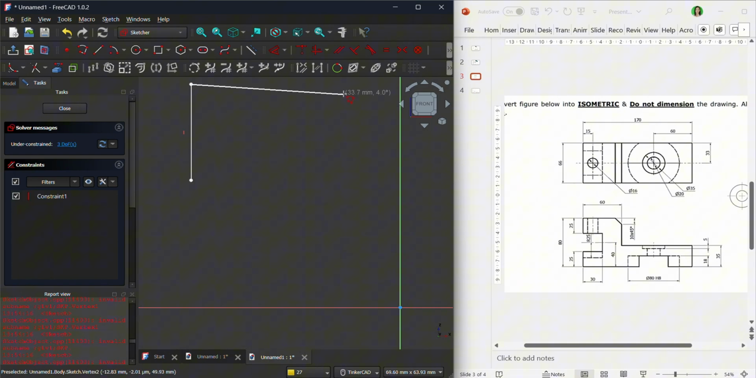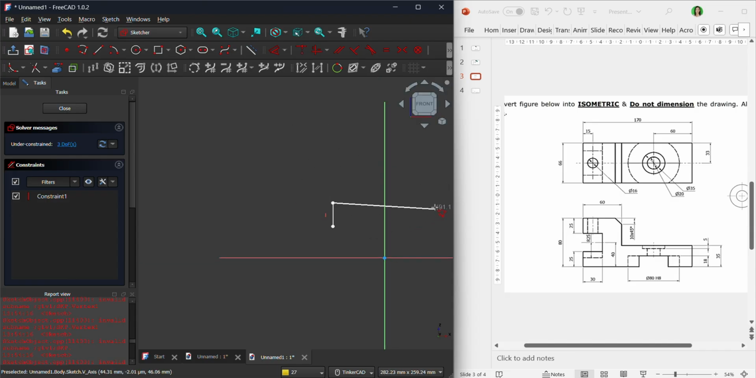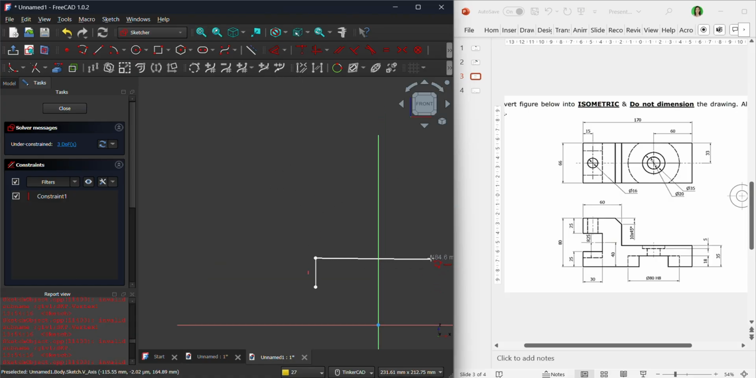The next must be 60, but including the 45-degree angle there. So let's just draw approximately 60. Later, we can add constraints and make our dimensions more accurate. Okay, so this one is 76. Let's have, okay, 62 will do. Then,